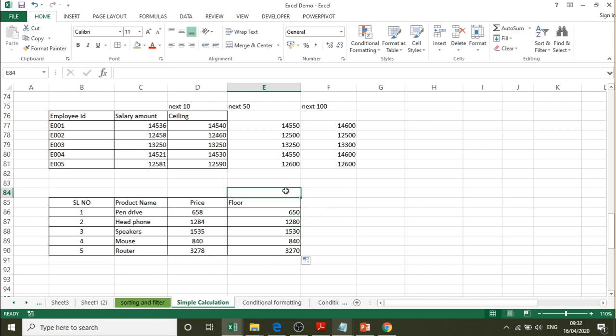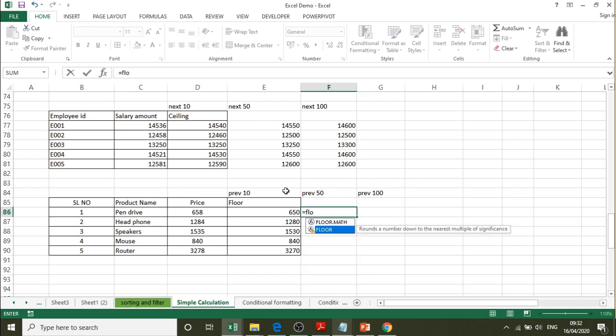So this is previous 10. So similarly we can round it off to previous 50 or previous 100. So let us see this. Same thing, equals floor. So it is D86, comma, instead of 10 I am using it as 50.